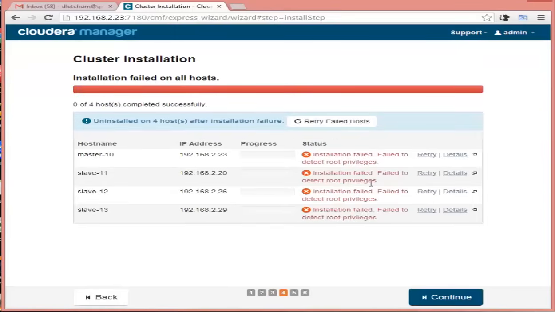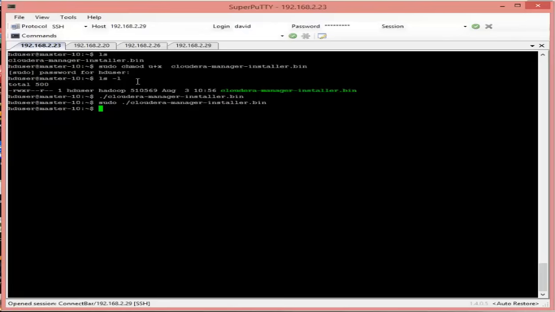There you go. This is the problem I was expecting. I think it's something to do with the Cloudera manager looking for the password and it's failing there. So I'm going to resolve it. We can do it together. So I leave this screen as it is, and I'm going to open my SSH sessions, this one here, and